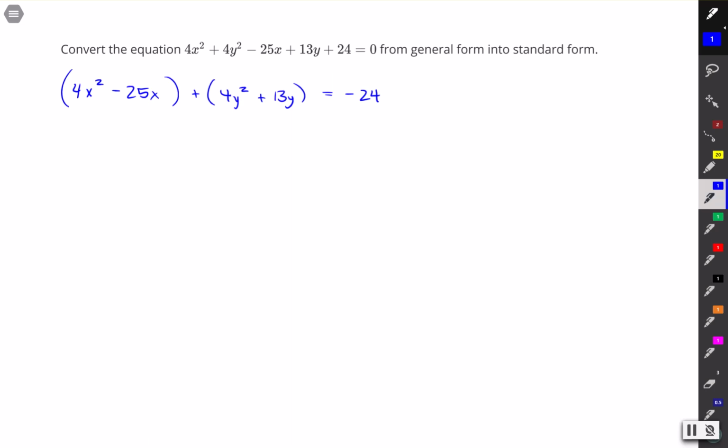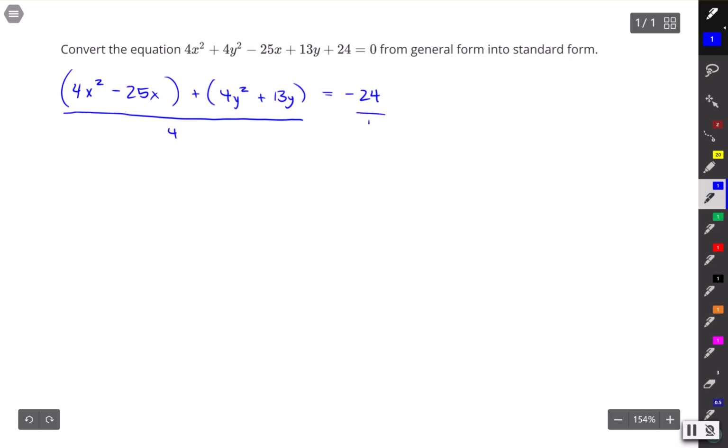But because we have a coefficient, we can't do that just yet. We have to first divide out the coefficient. I can either factor it out of these parentheses, or I can just, and I think this is what I'm going to do, divide both sides by 4. And you can do any operation you want as long as you do it to the entire side. So I have to divide every single term here by 4. So that's going to make my problem look like